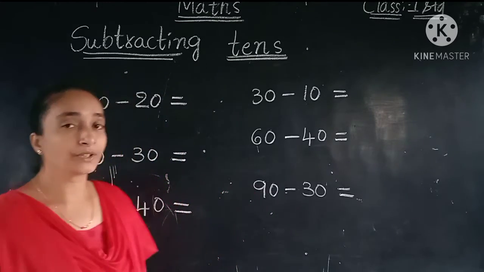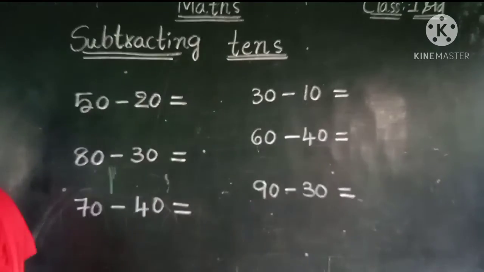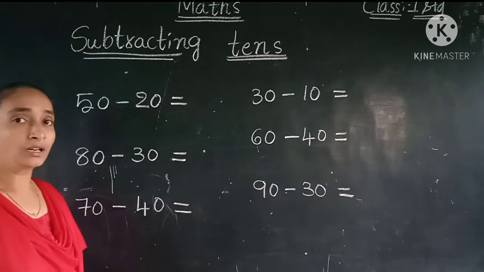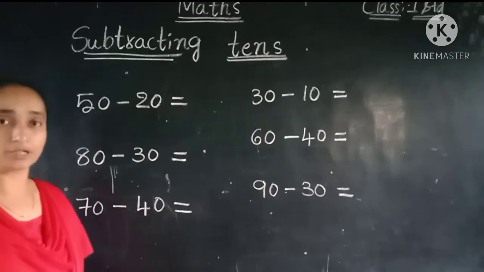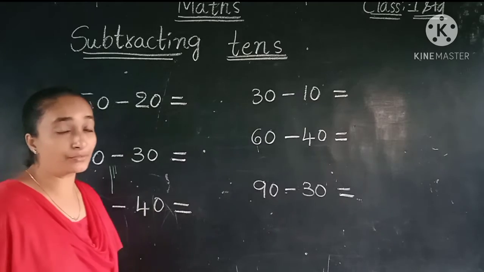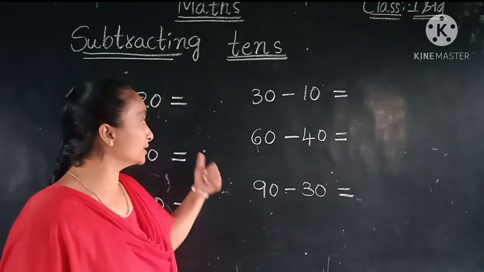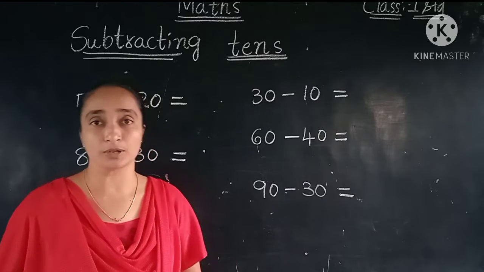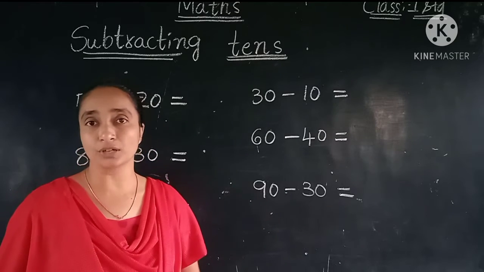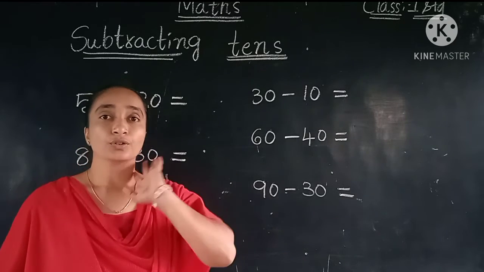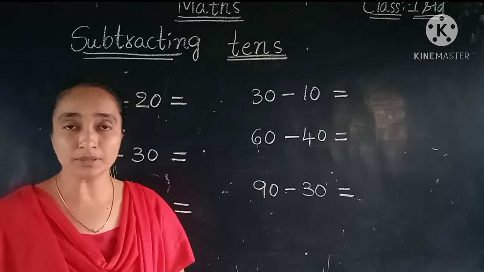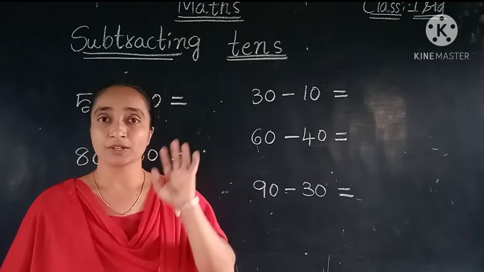So, subtraction. Very simple, children, we don't need to write in a vertical form also. Before, when subtracting 2-digit numbers, we were writing in a vertical form and doing it. But here, for these sums, we don't need the vertical form. Like this only we can do it very simply. So, the example: 50 rupees.